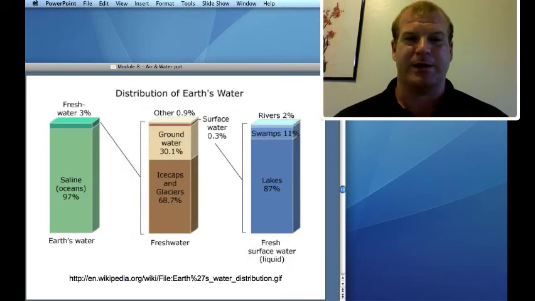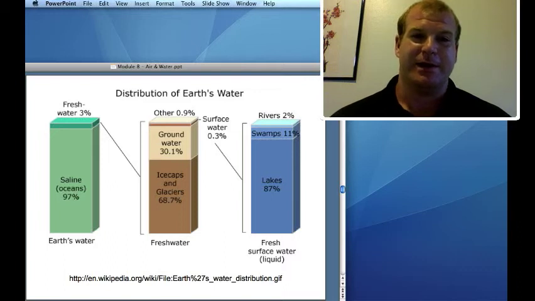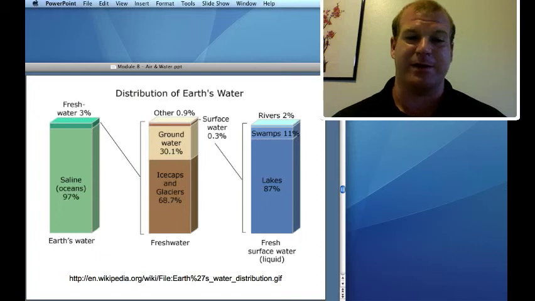So where's the Earth's water? Well, surprise, surprise, most of the water on the surface of the Earth is in the oceans. And that's not surprising to find out. Then about 3% of the water is fresh water. And where is that fresh water found? Mostly in the ice caps, specifically Antarctica. Most of it is in Antarctica. And other than that, there's groundwater and surface water. There's quite a bit in groundwater. And the surface water, most of it is found in lakes, but a very small amount is found in rivers.